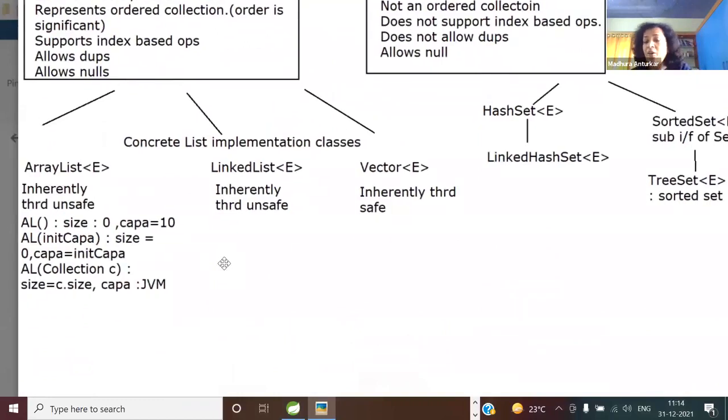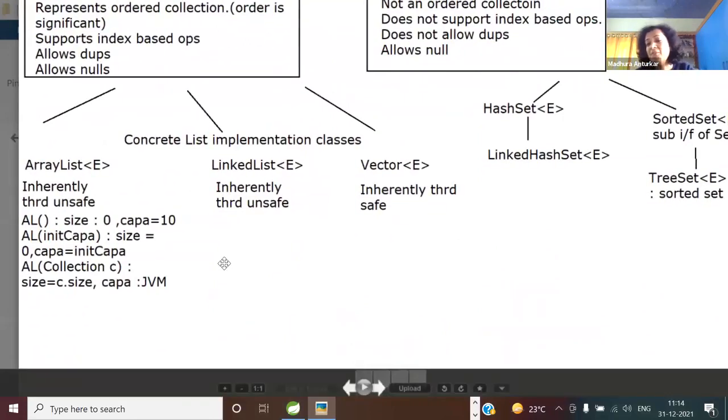So now guys, I can talk to you in a more formal manner since you now have a data structure background. There are three implementation classes: ArrayList, LinkedList, and Vector. So talk about ArrayList. We have not yet done threads. I told you long back, threads is going to be our last major topic of core Java.